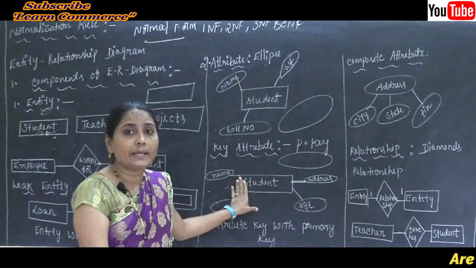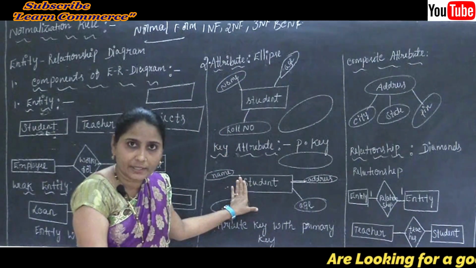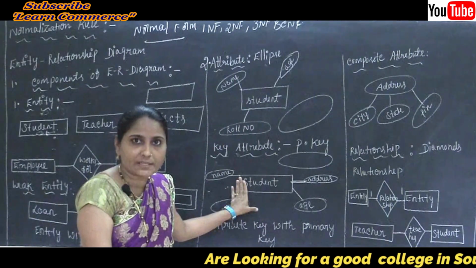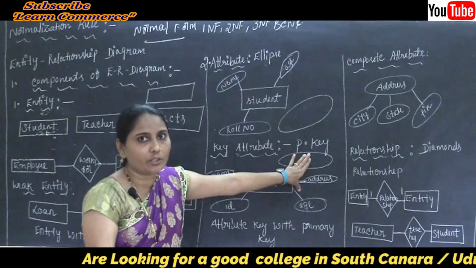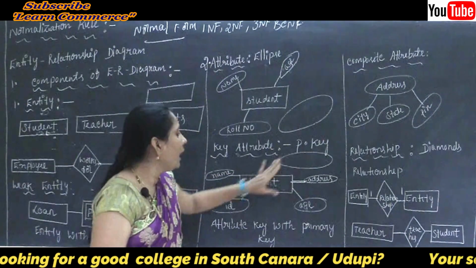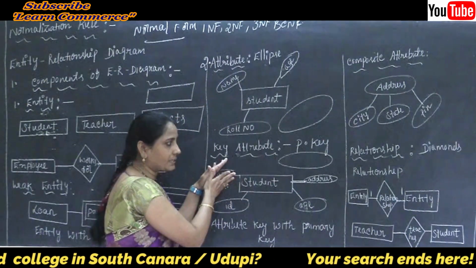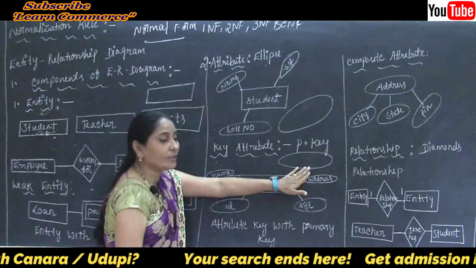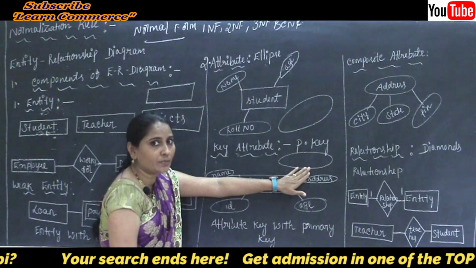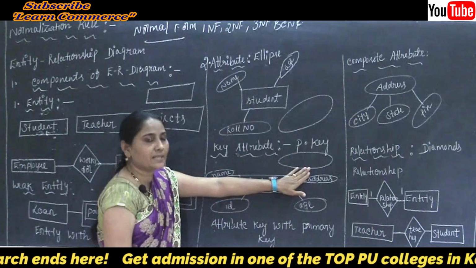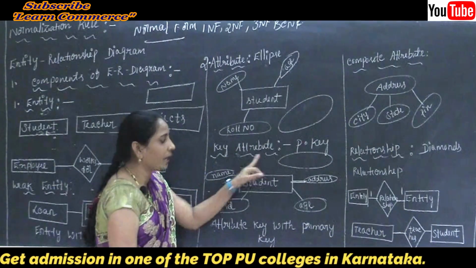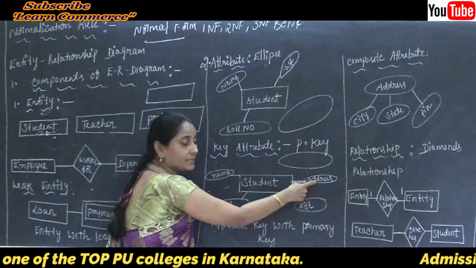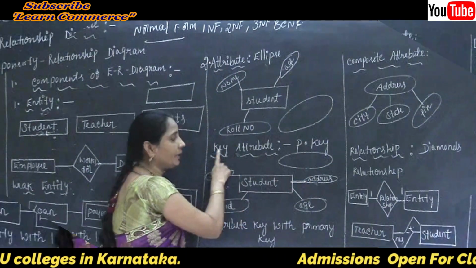So it is the main characteristic of an entity, and it is used to represent the primary key. You already know the meaning of the primary key. Finally, the ellipse with underlying lines represents the key attribute. So this is the example: the address is the suitable example for our key attribute.